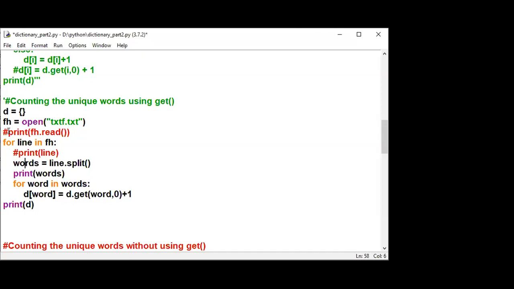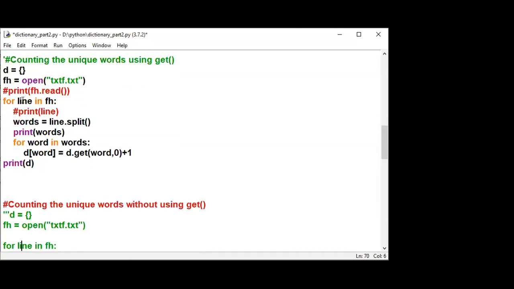So what is the next line? For every line in that particular file, you are going to split the line into words. If I apply this split method on this line, what will it return? It will return a list of words. That list of words is available here. So words contains the list of words of every line. So now let us print and see the output, intermediate, okay?